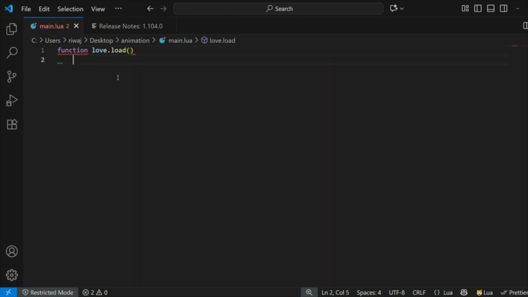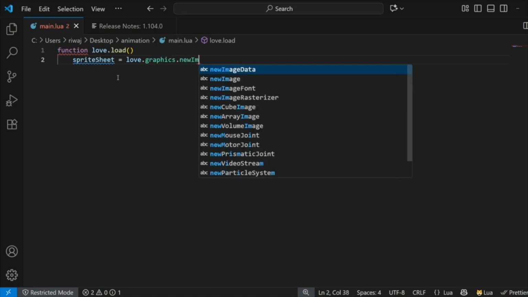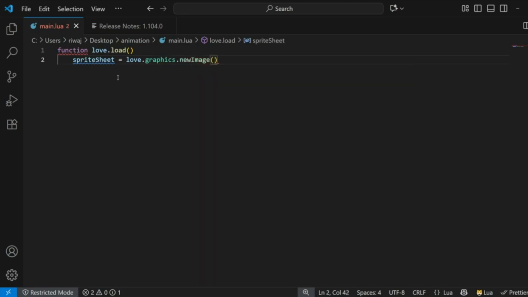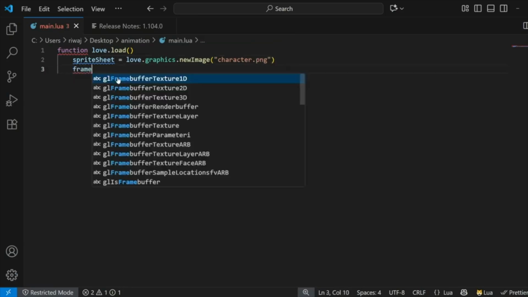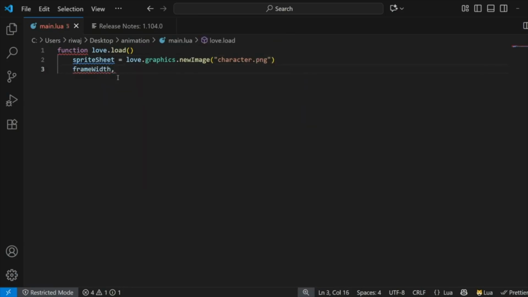And inside love.load, we will create a variable called sprite sheet, and this will have our image. So love.graphics.newImage, which will be our character.png, and after that we'll use our frame width and frame